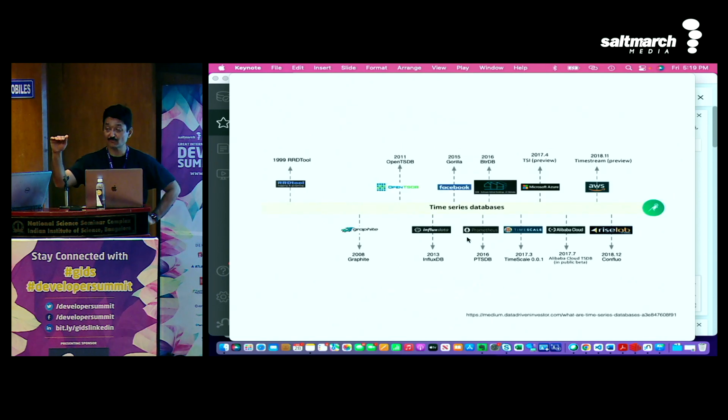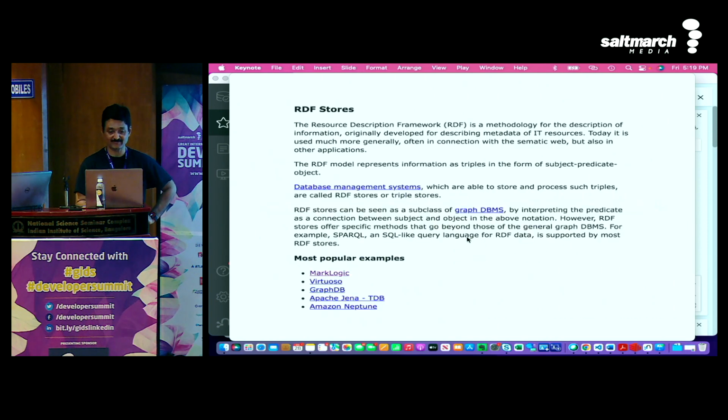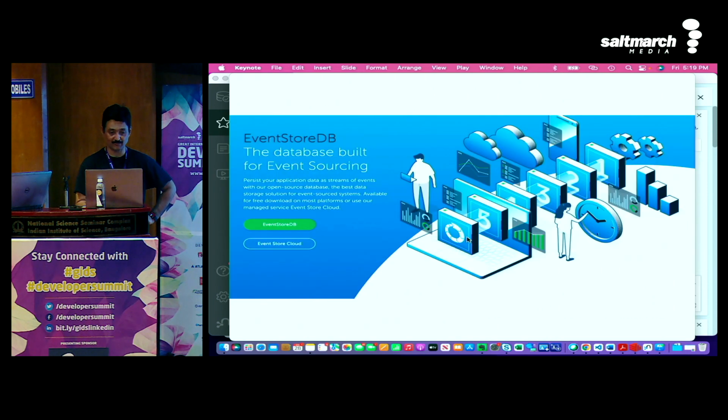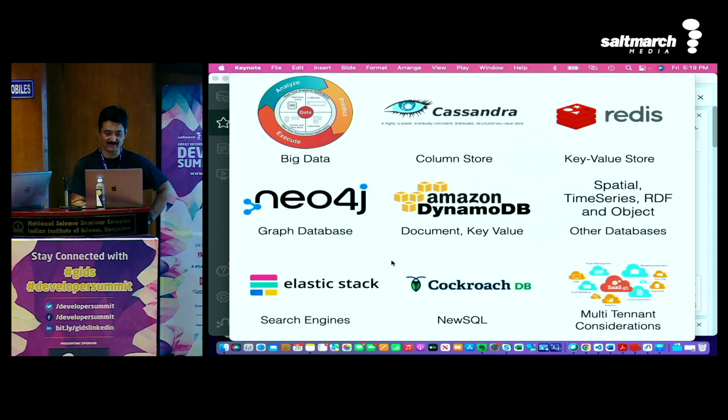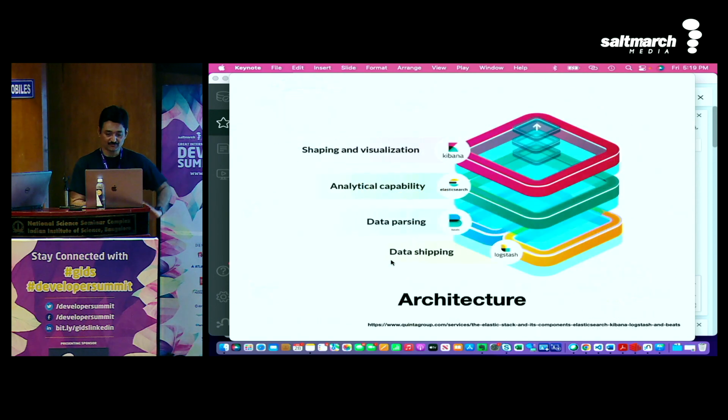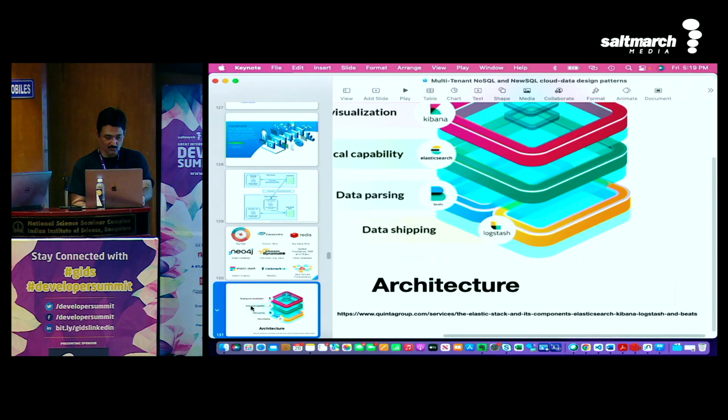Time series is also really big, like it's coming up. How the data is moving over time, that's something you can use. RDF is another one you can use. Event store database is coming up. You're storing the events and you're processing the events at the same time. So that's where it's coming up really big. Okay, so now what I'm going to do is, I'm going to just go into